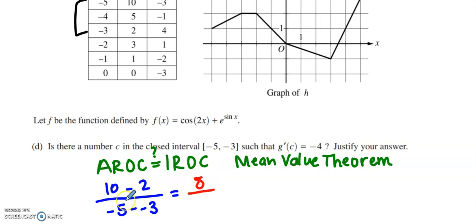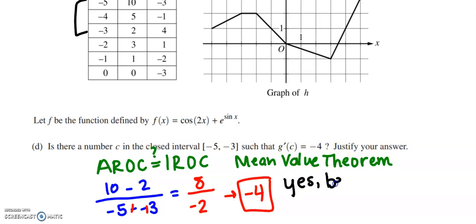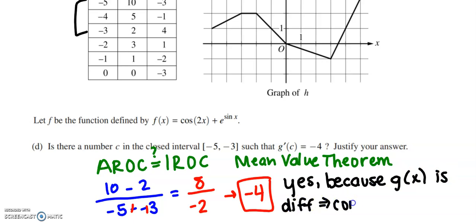I almost said 5, yikes. -5 plus 3 is going to be -2, which ends up being -4. So is there a number c such that g prime of c equals -4? Yes, because g of x is differentiable, which implies continuity on the function, or sorry, on the interval from -5 to -3,